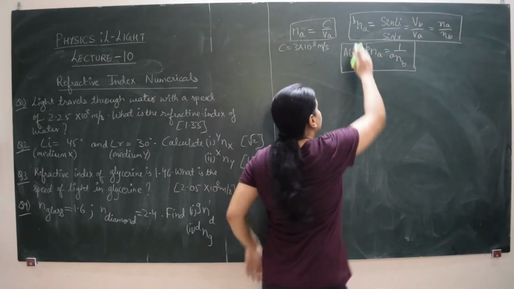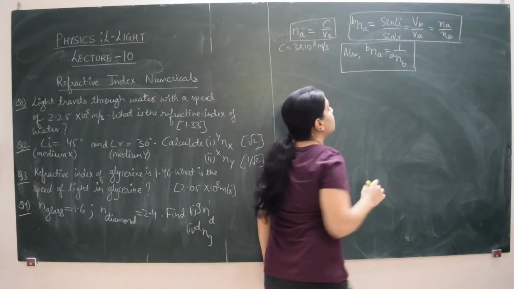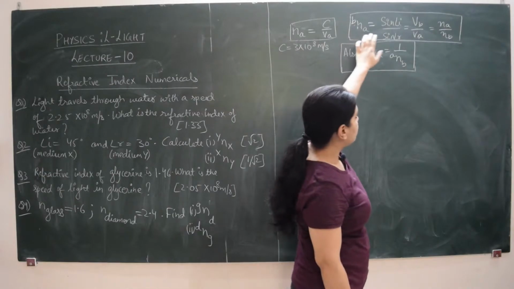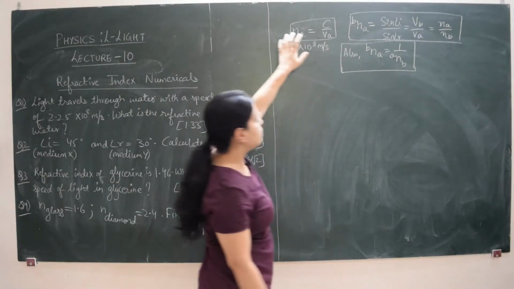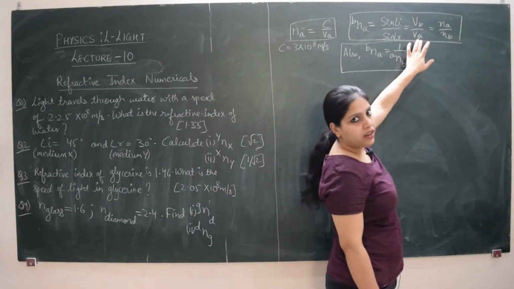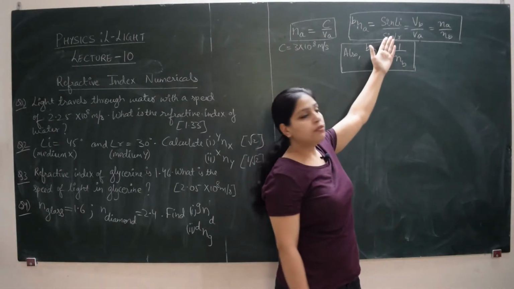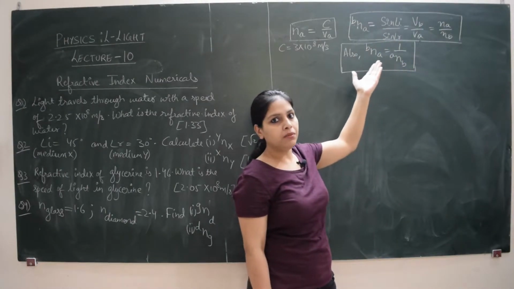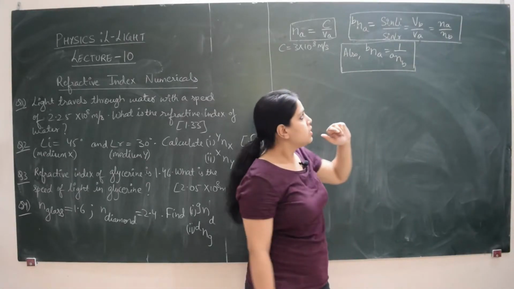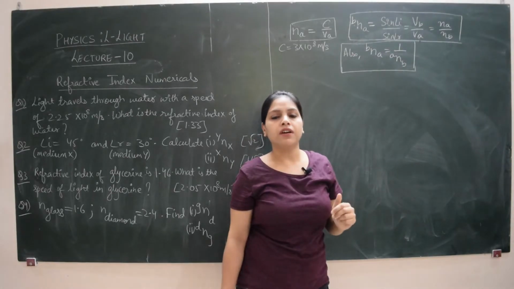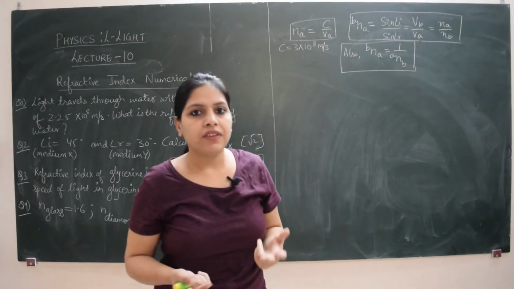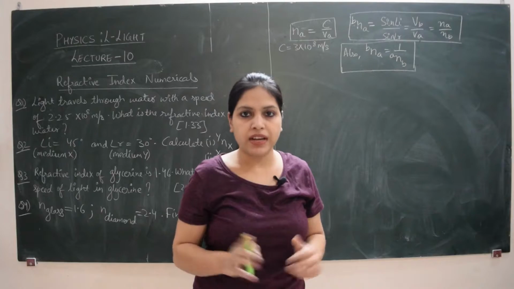Now this one is the relative refractive index of medium A with respect to some other medium B. Relative refractive index is also defined as sin I by sin R. This sin I by sin R can be used here also if angles are given. It is also equal to VB upon VA, which is the velocity of light in medium B divided by the velocity of light in medium A, and it is also equal to NA upon NB, where NA and NB are absolute refractive indices of medium A and B. So with the help of two absolute refractive indices, we can find out the value of one relative refractive index. We can compare two media.